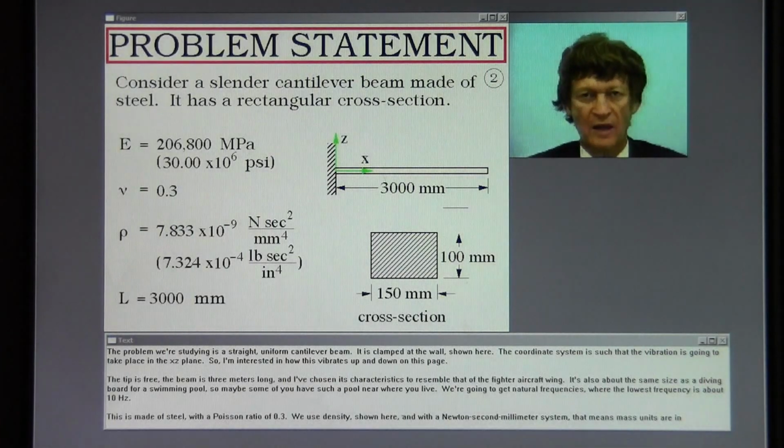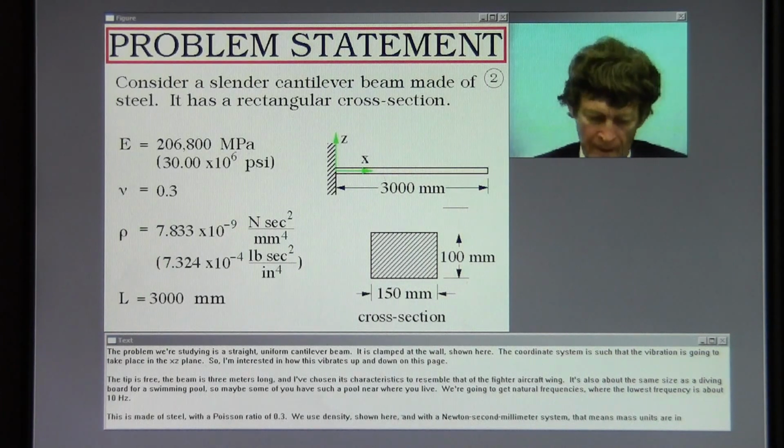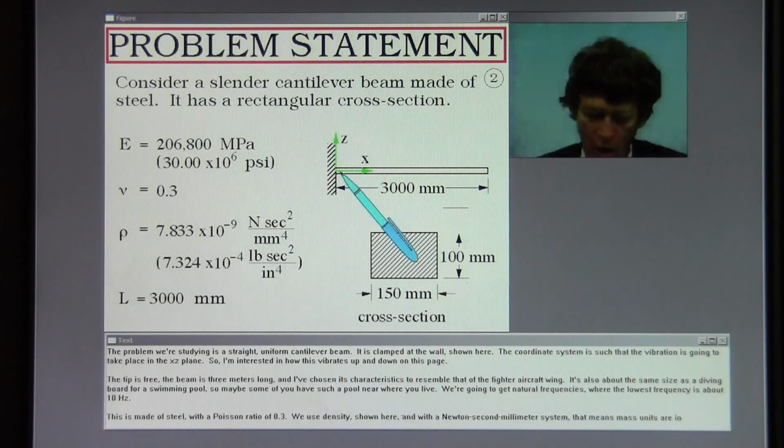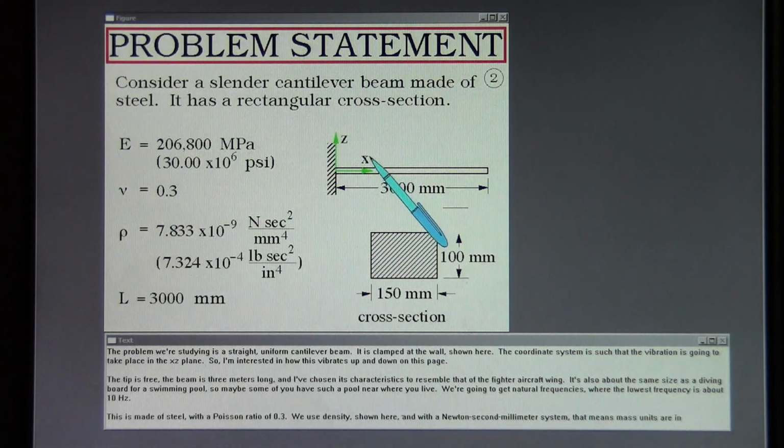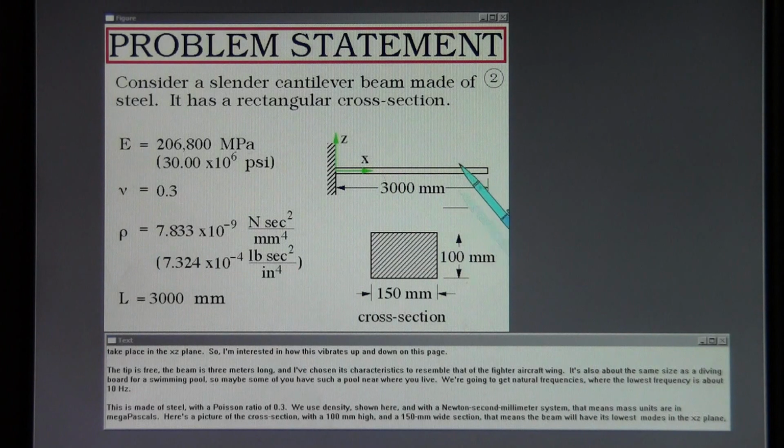The problem we're studying is a straight, uniform cantilever beam. It is clamped at the wall, shown here. The coordinate system is such that the vibration is going to take place in the XZ plane. So I'm interested in how this vibrates up and down on this page. The tip is free. The beam is 3 meters long, and I've chosen its characteristics to resemble that of a